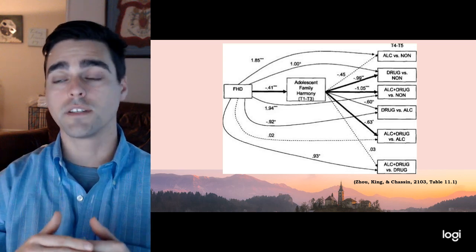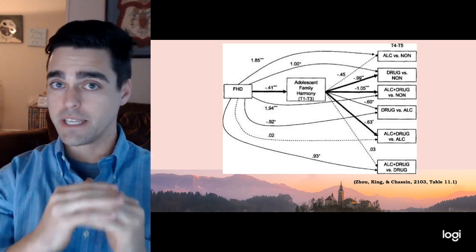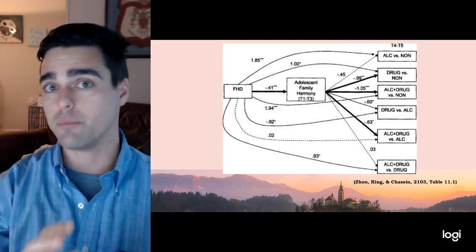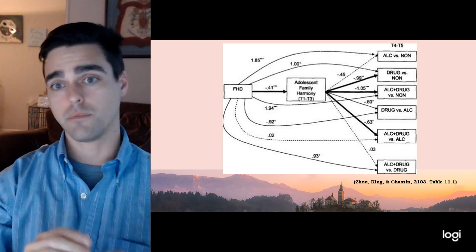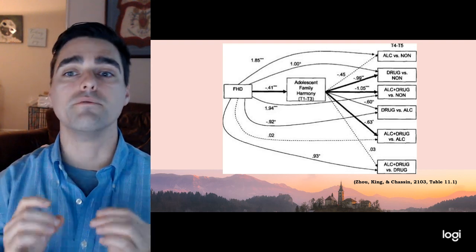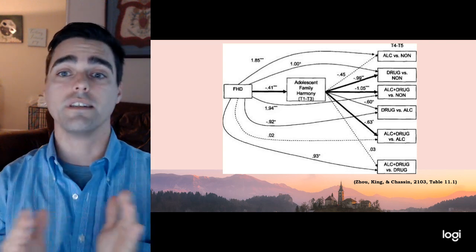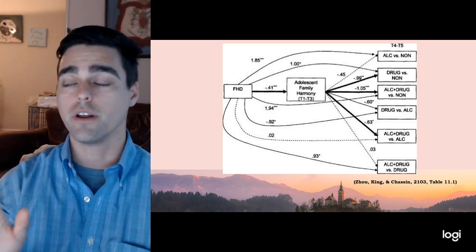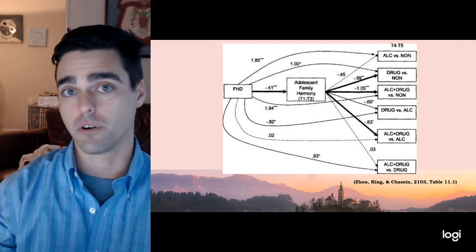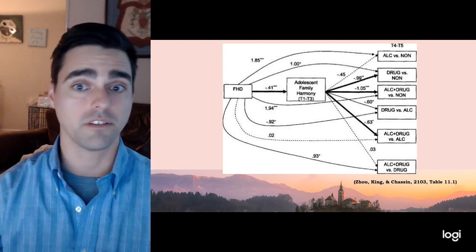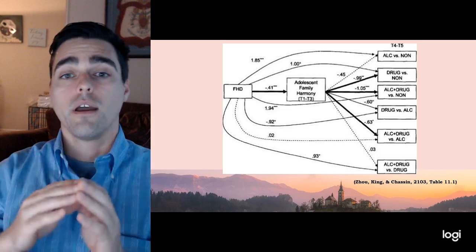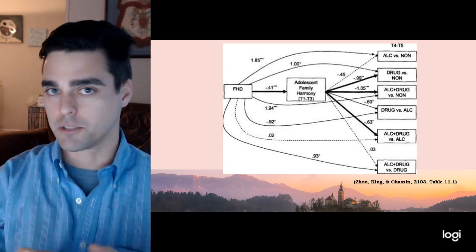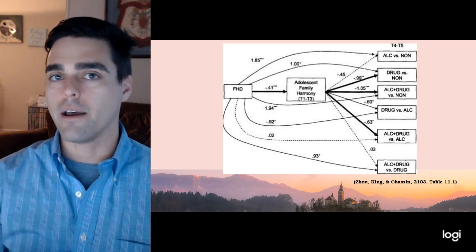And what they found was if a person had a family history of drinking, like 3 out of those 5 people had a family history of drinking, then the odds of them developing alcoholism versus not developing alcoholism was extremely significant, regardless of whether or not, so the middle line right there where it says adolescent family harmony, that's whether or not the parents divorced, if there were arguments in the home, things like that, right? So the chance of developing alcoholism, if you have that genetic predisposition, is so incredibly high because the exposure rates